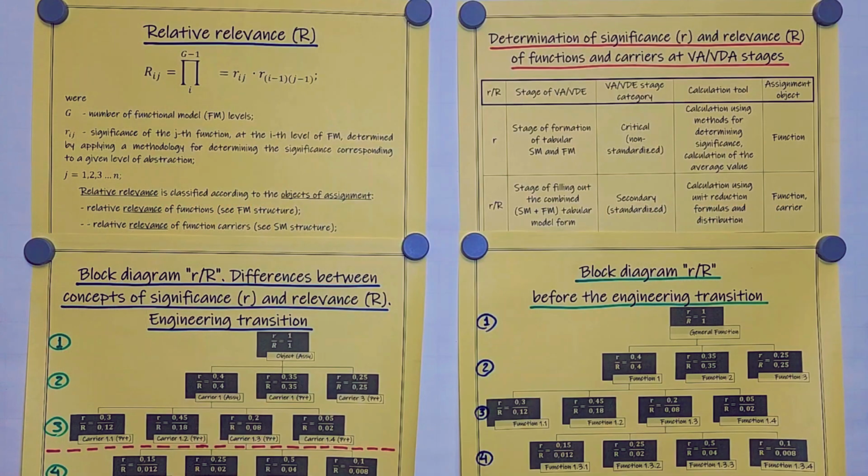The methodology for determining significance is the theory of functional cost analysis. It's usually explained by the example of the hierarchy of functions of the upper and subsequent levels. A similar approach can be used in the formation of the technical requirements, but it's no longer applicable in the formation of technical assignment, since in technical assignment